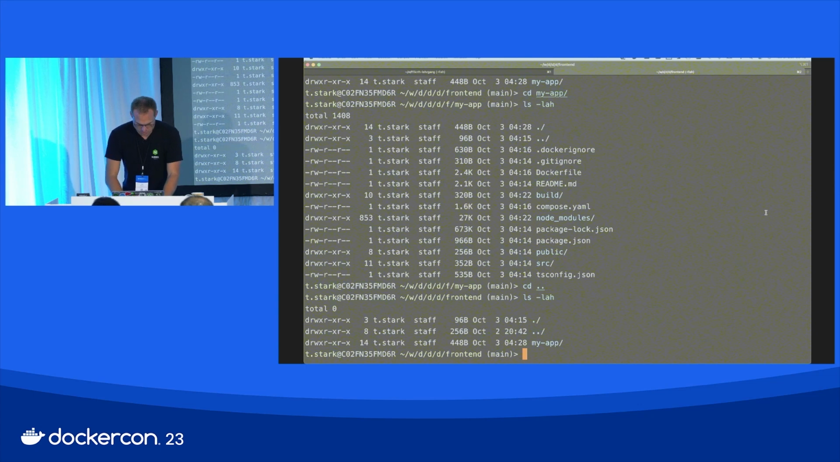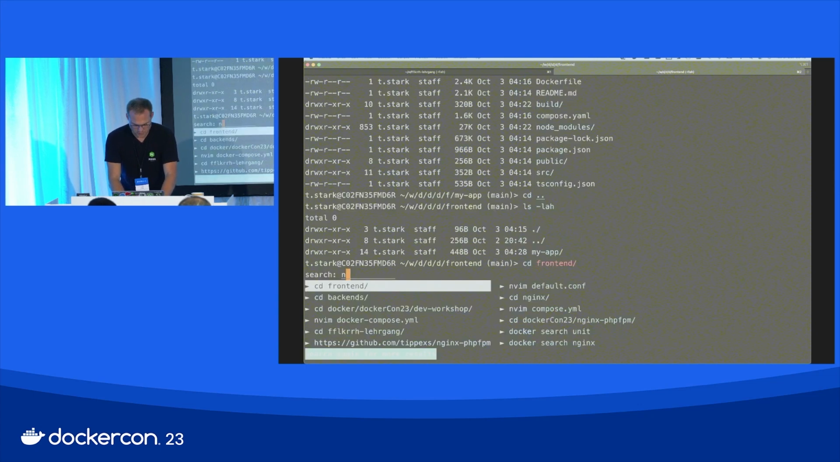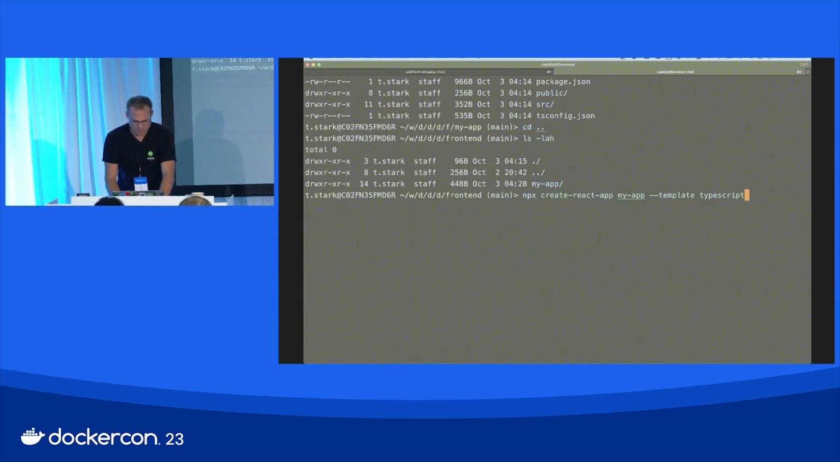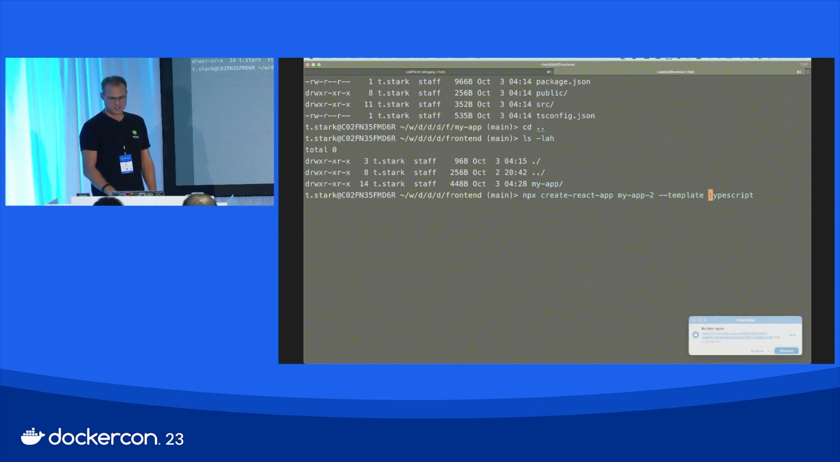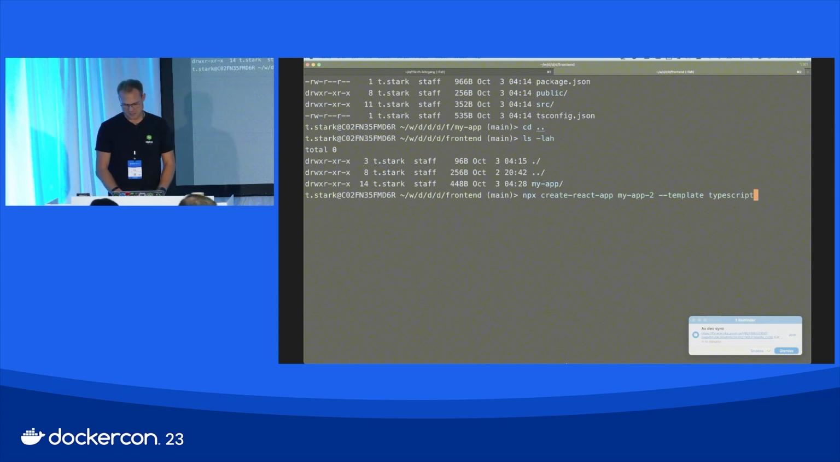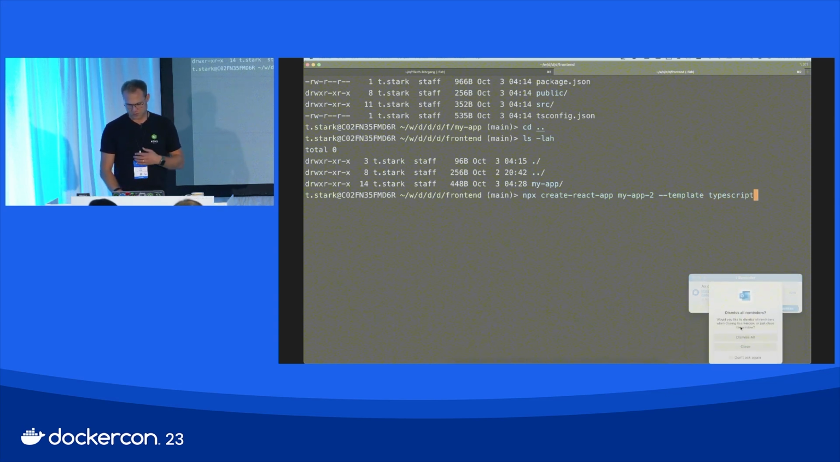In this case, we can use something like npx create-react-app. I think that's a very common thing. And then you just define the name, react-app my-app-2. So in here, and this is something I would like to show you as well,